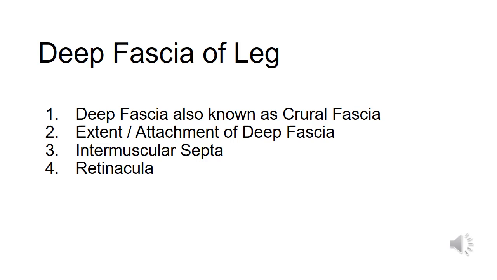In the leg, it is thick in the proximal part of anterior aspect of the leg, where it forms part of the proximal attachments of underlying muscles. As we all know that tibia and fibula are partly subcutaneous, especially medial surface of tibia and medial and lateral malleolus. Over these subcutaneous areas, deep fascia of leg is replaced by, or you can say it blends with the periosteum covering these bones.